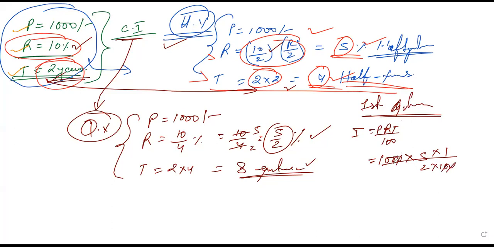So again, these two zeros are going to cancel. With this 2, you can cancel this 5. So it will become 25. So interest is 25 over here. So you have to add it over there. So for 1000 plus 25, it is going to become 1025. So this is the principal after the first year. So after the first quarter, not first year, I will say first quarter.